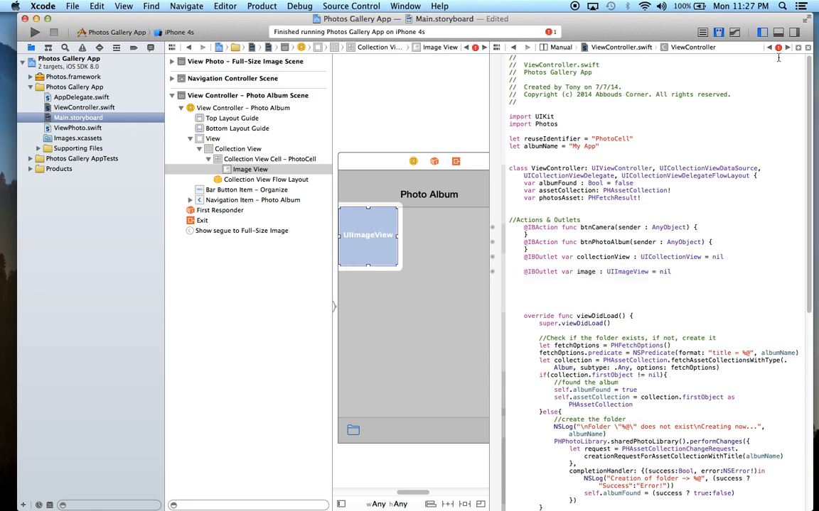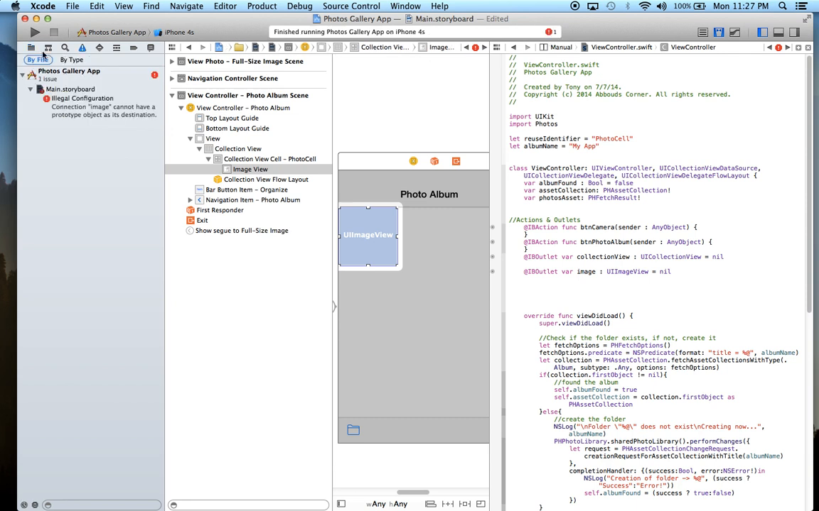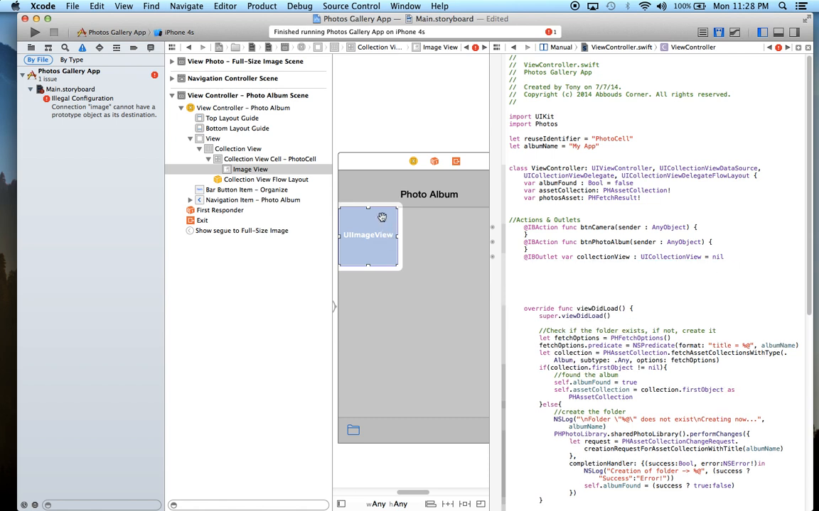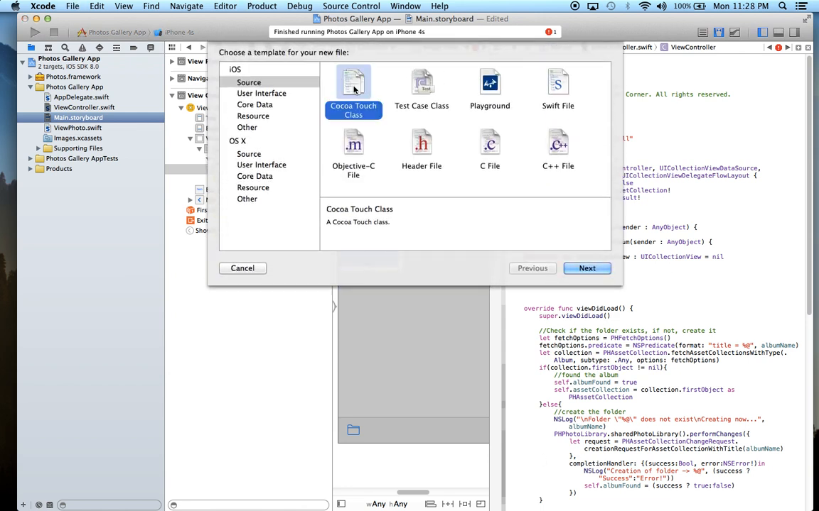Now we instantly get an error. Okay, and the error says connection image cannot have a prototype object as its destination. So the problem here is this image view has to have its own class. We can't tie this image view to, it can't be controlled by this view controller here. So what we actually have to do is, let me first delete this from here, create another class just for this photo cell. Okay, so we hold Command N to create a new Cocoa Touch class,